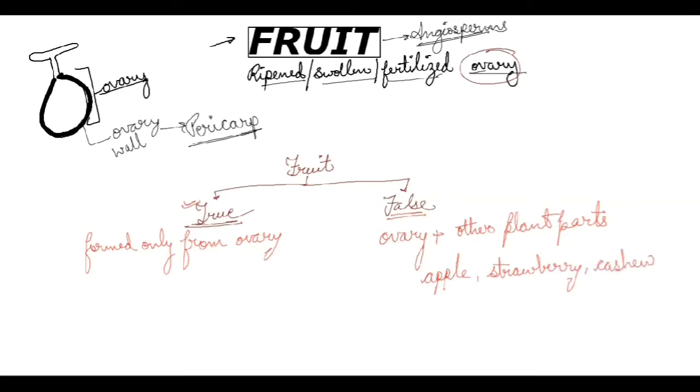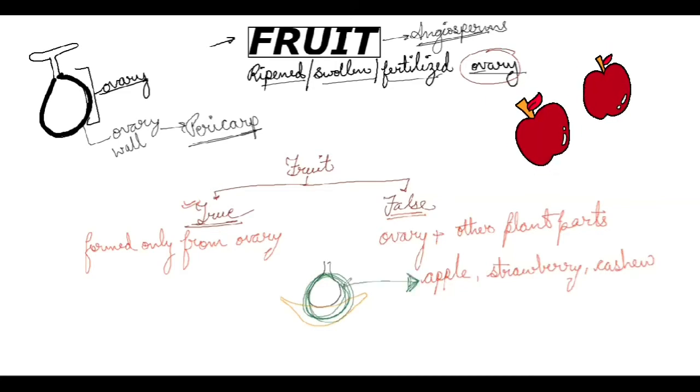So what happens basically, I'll tell you. This is the ovary. This ovary was supposed to form the fruit, and this ovary is present on the structure that is the thalamus, like this. Now, this ovary together with itself takes some part of the thalamus and forms a complete fruit. This is the complete fruit where the thalamus part is also involved, and such a fruit is seen in apple. Actually, the part of the apple which we eat is the thalamus, and the part which we throw away is the seeds.